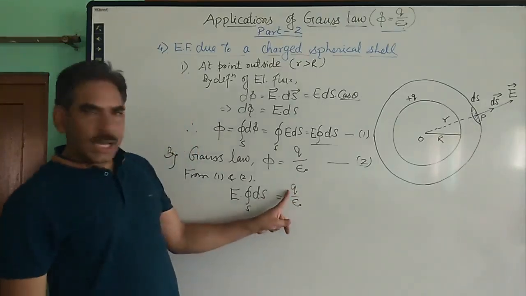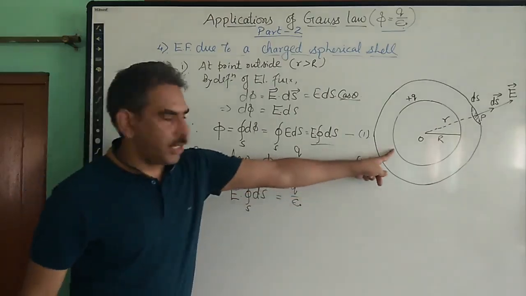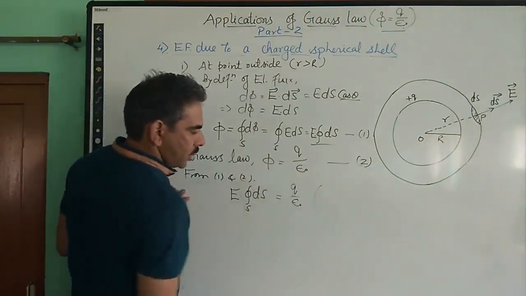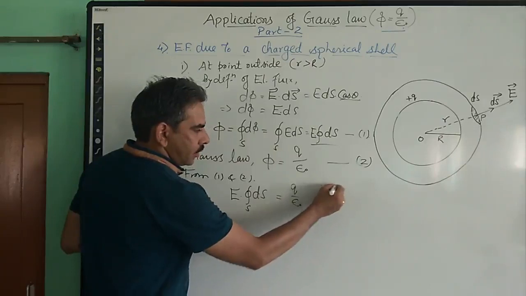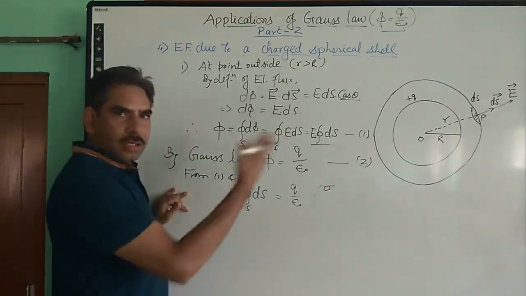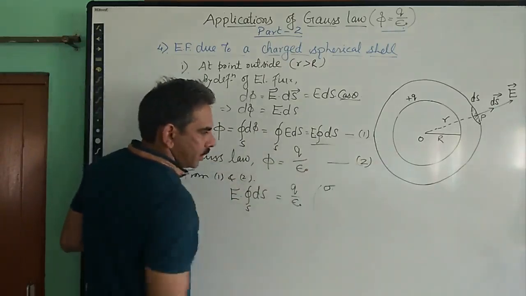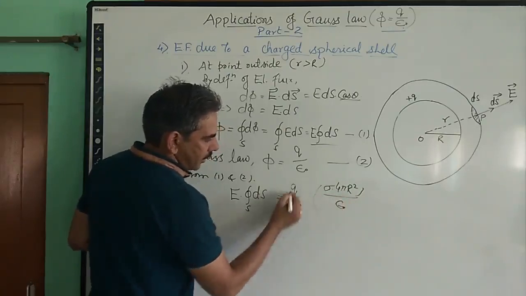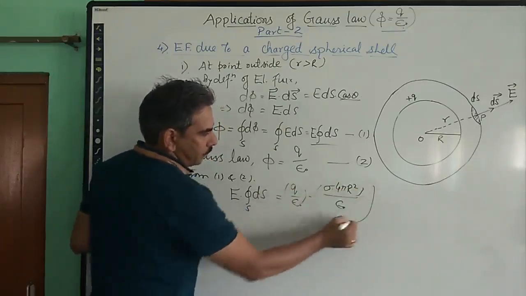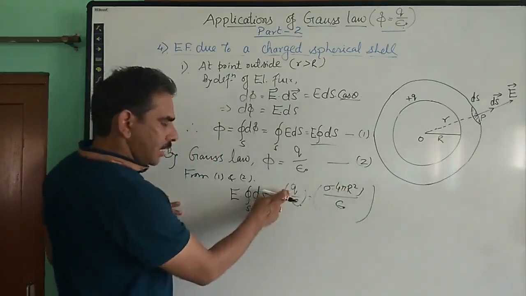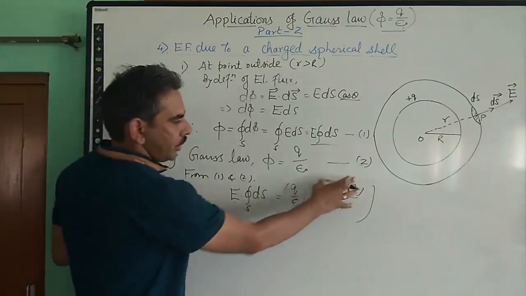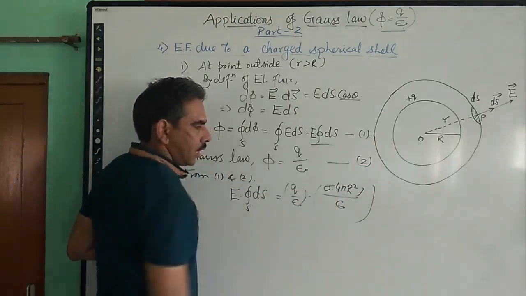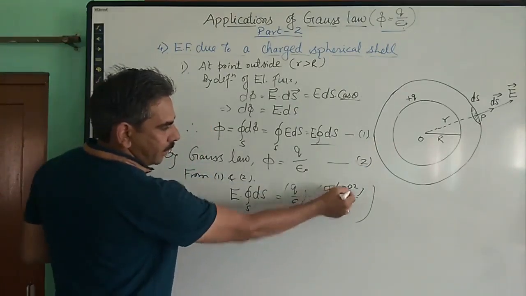We can also represent this charge in terms of the surface charge density of the given spherical shell. Just like this. Because if the surface charge density is represented by sigma, and the total area of this charged spherical shell is 4 pi capital R square, we can also represent this into this form. So we are representing the charge enclosed by the Gaussian spherical surface in terms of the surface charge density of this charged spherical shell, having the total surface area 4 pi capital R square.